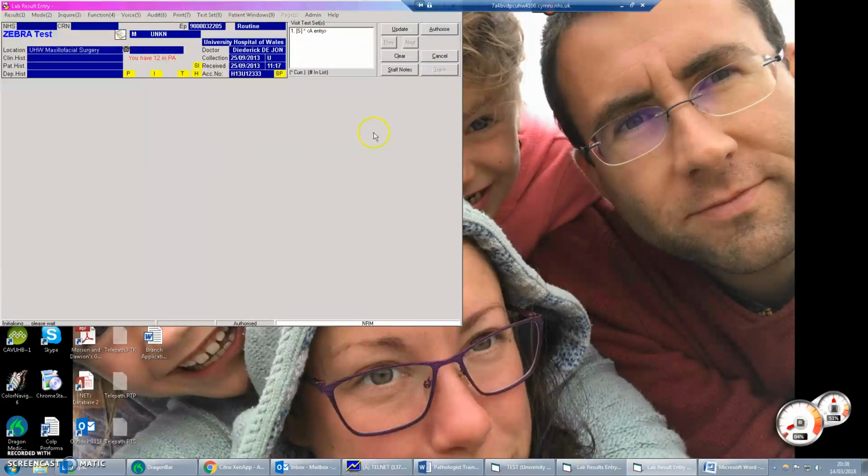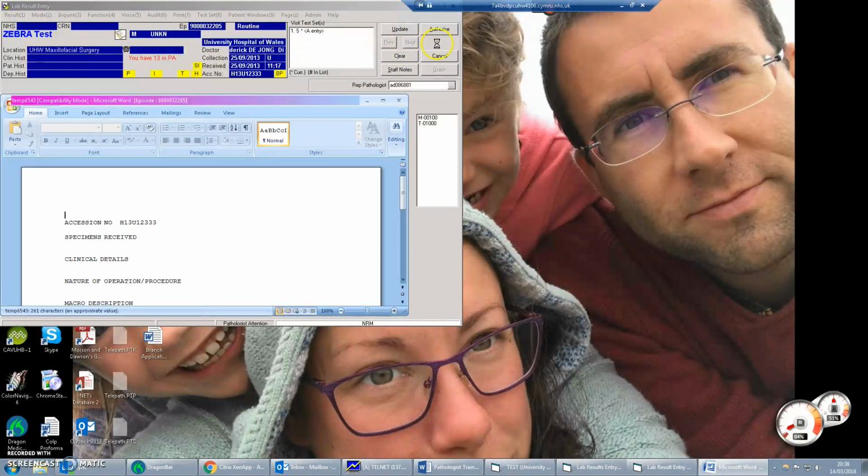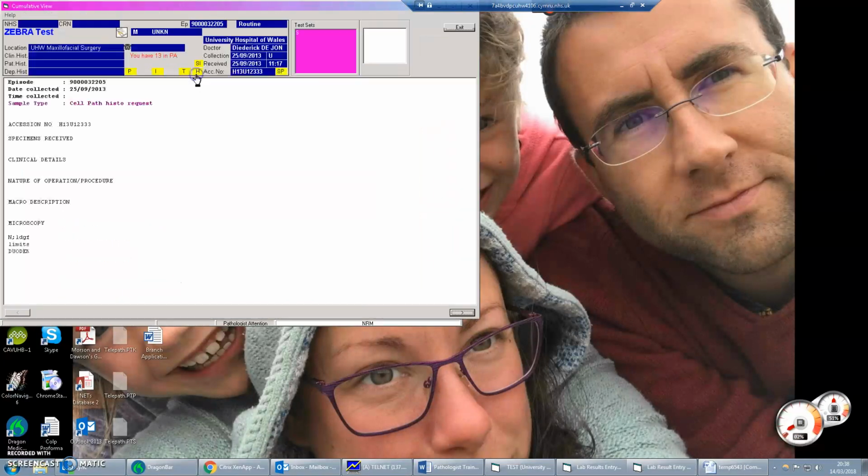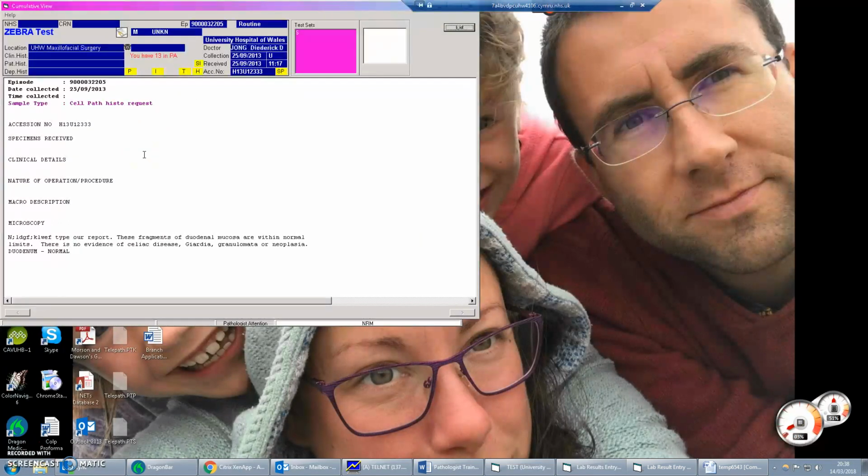Click OK. So then we've got back to the update and authorize buttons as we were before. A few other things. If there's a scanned image of the original request form, you can see it by double-clicking on the I button here. Previous reports you can see by double-clicking on the H button, which will show you all previously authorized results for that patient. So this is the one that we've currently got, but the others would be below it